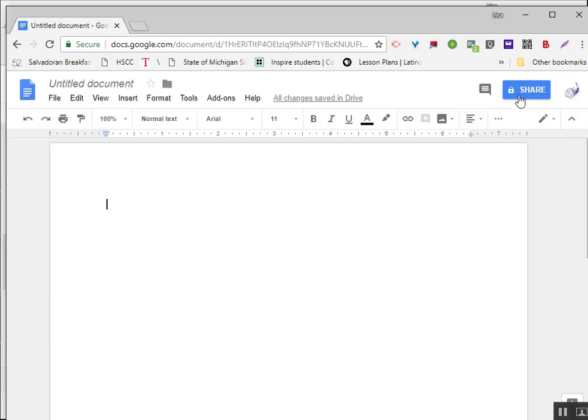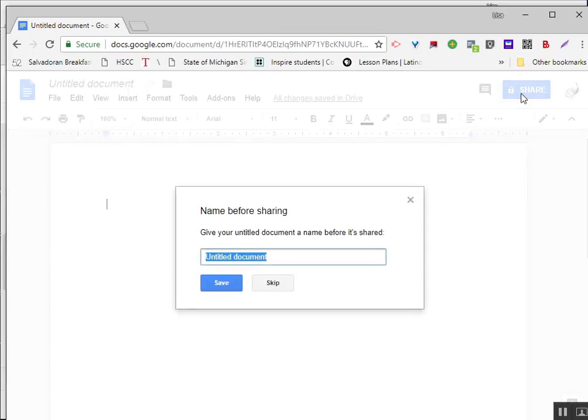Collaboration in Google Docs can be done easily using the sharing feature. To enable this feature, all you need to do is click on the blue share button in the upper right corner of the document window. If the document has not yet been named and is still called Untitled Document, you will be prompted to give